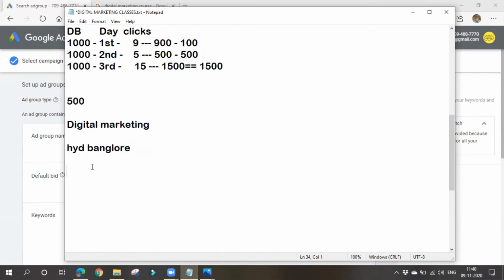If we are creating 2 campaigns, first you have to go for the Hyderabad campaign, then after the creation of that campaign, again you have to go for Bangalore.